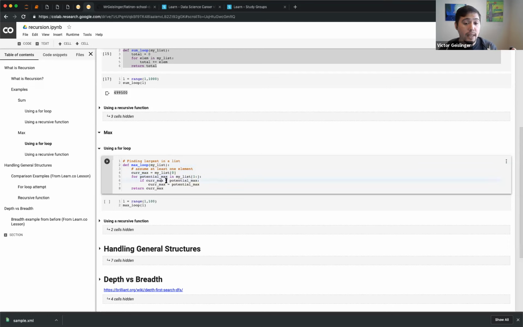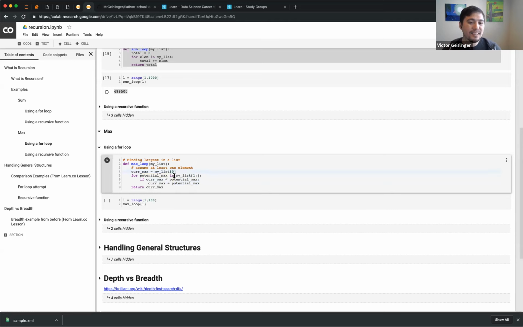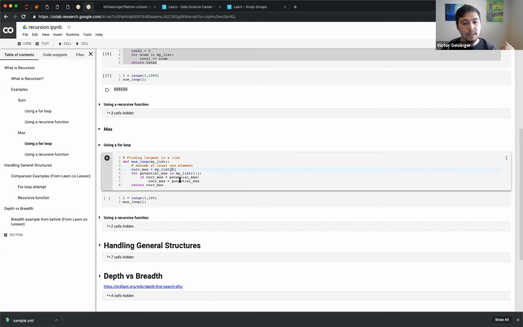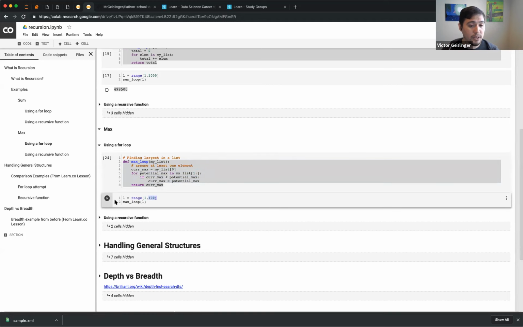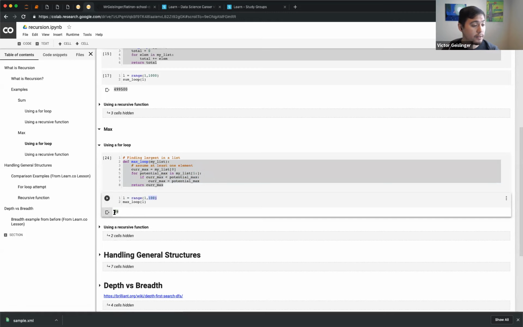And I say, okay, if that potential maximum is bigger than my current maximum, then I'll make that my current maximum. Say my first number is 1, next number is 2. Okay, 2 is my new max. So I assign current max equal to potential max, and then just return the current max once we go through the whole thing. So this is exactly how I described it, going through, we just wrote it in code. I think this tends to be easier to tease out because we tend to think in this way. And when we do this now, the biggest number should be 99, because it only goes to 99. So again, not too hard.